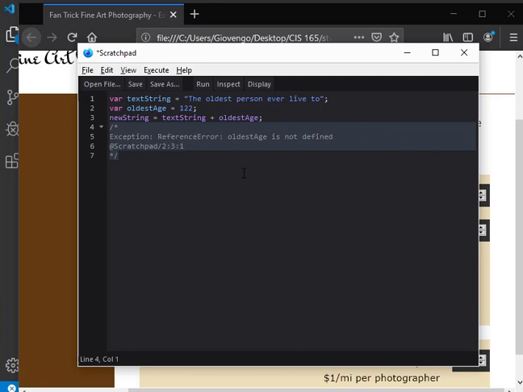Well, how do I know that this actually worked? Well, you're going to do a document dot write. And then what do you think I would write here? Would I write out oldest age? I kind of already know that's 122. What I want to output is the new string. And then when I go to output this,